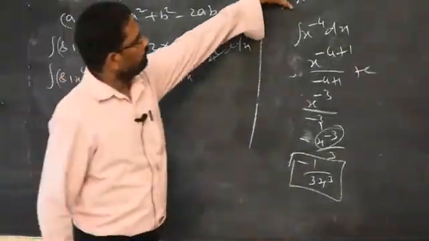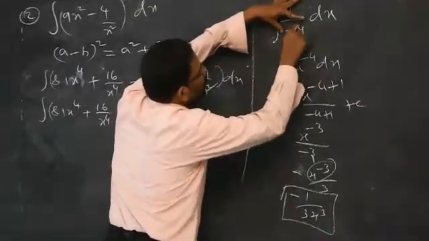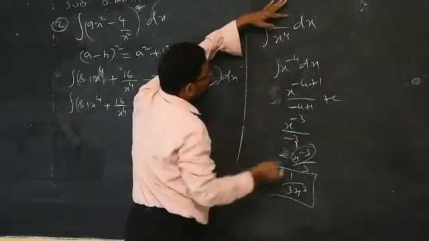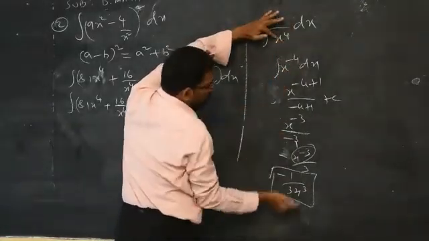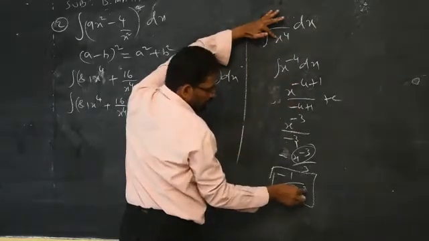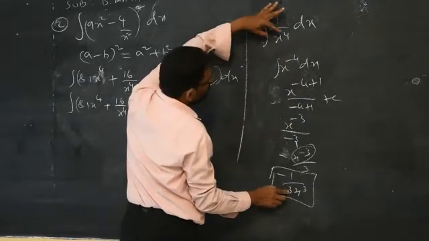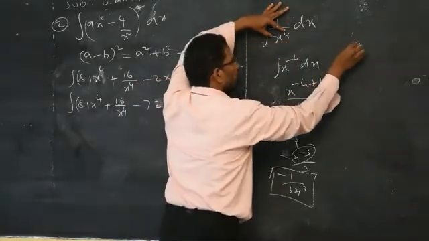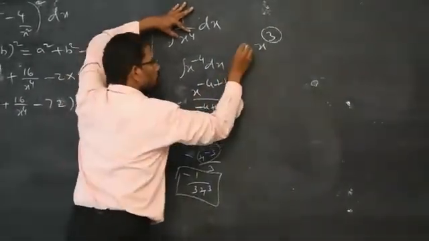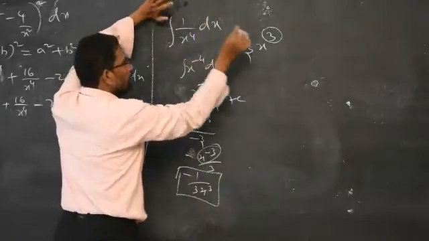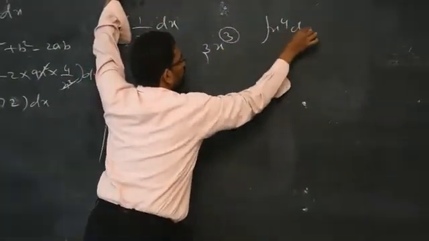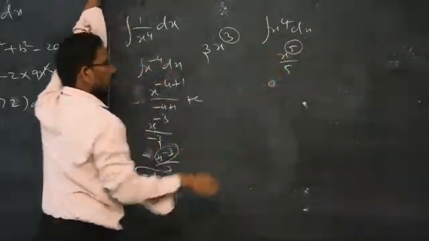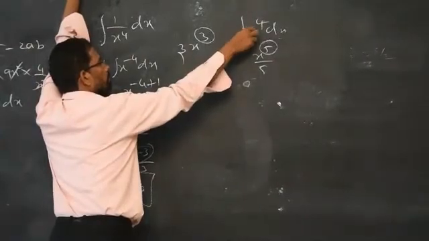Now, coming from here, you can see the answer. When the variable is in the numerator, you add 1 to the power. When the variable is in the denominator, how do you get this answer? When you separate the power, you get 3. The 3 should be a multiplier. Clear? When x is in the denominator, you subtract 1, you will get x power 3. What is the power of x? That should be the multiplier. When x is in the numerator, like x power 4, straight away in the numerator, you add 1 to the power to get 5, and this 5 will become the divisor.